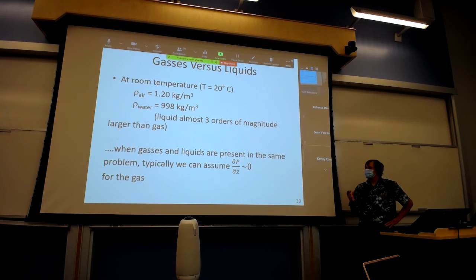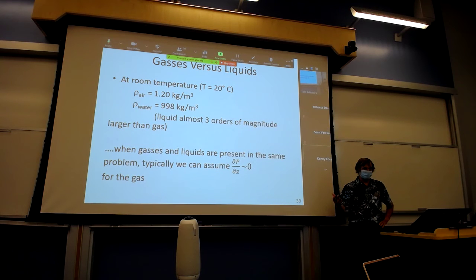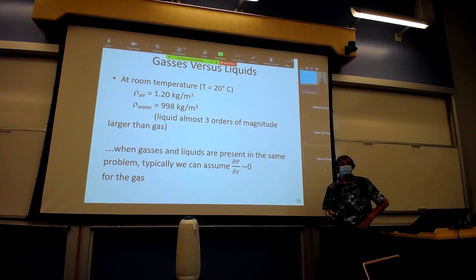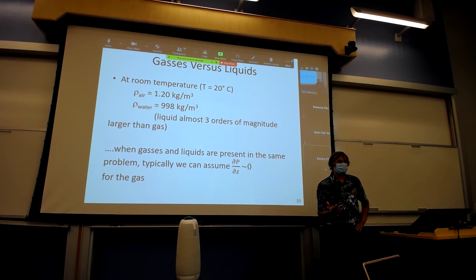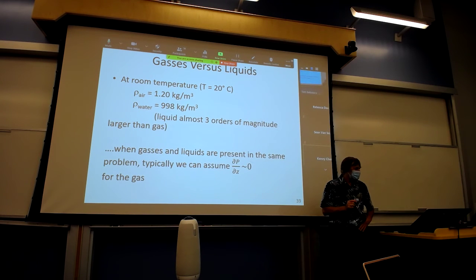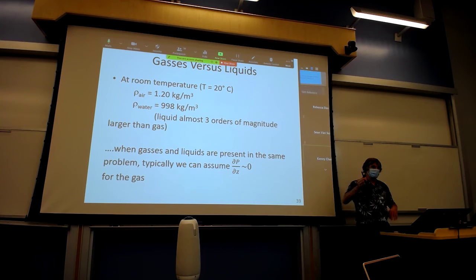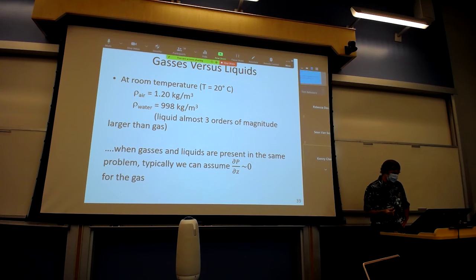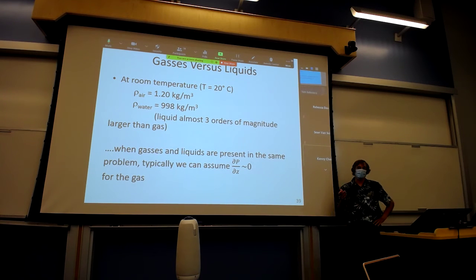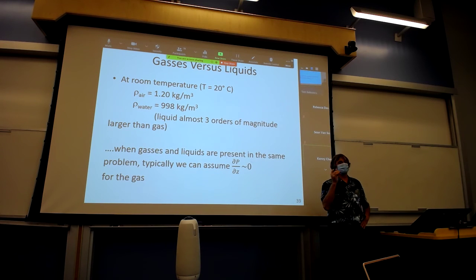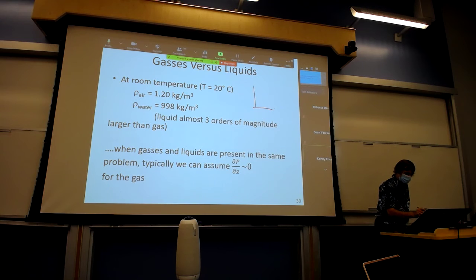So it's possible to have problems, and we're going to do one next, where you have gases and liquids in the same problem. For example, air over water. If you look at the density of air, and these are right from the back of your book, at 20 degrees C, density of air is almost 3 orders of magnitude smaller than the density of water. And this is common between liquids and gases. And so if you did have a problem where you had a gas over liquid,